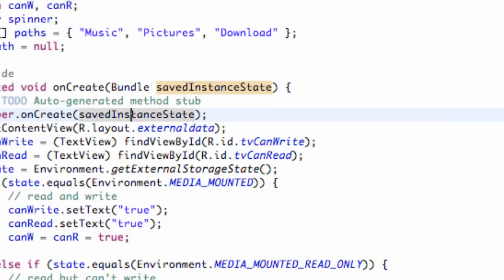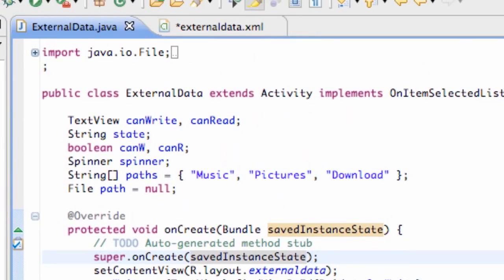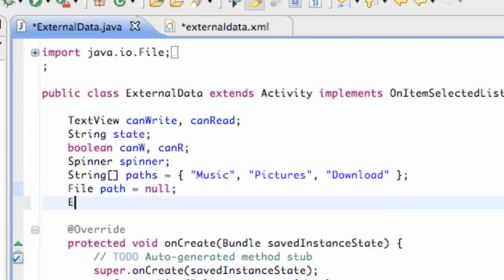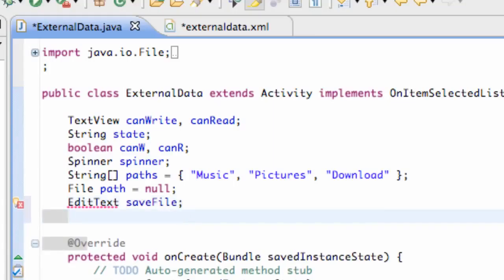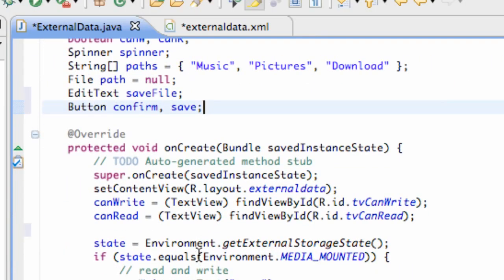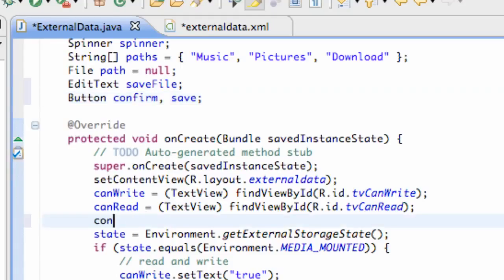So now let's go over to our external data Java file and set up some of those references. Let's make everything accessible for the whole class: our edit text, which is save file, and two buttons, confirm and save. Just import both of those, and let's set up our references now. Our confirm